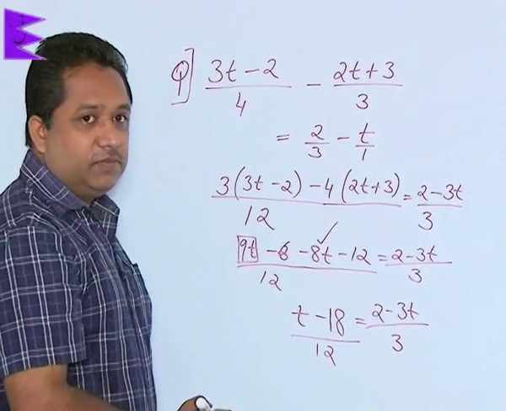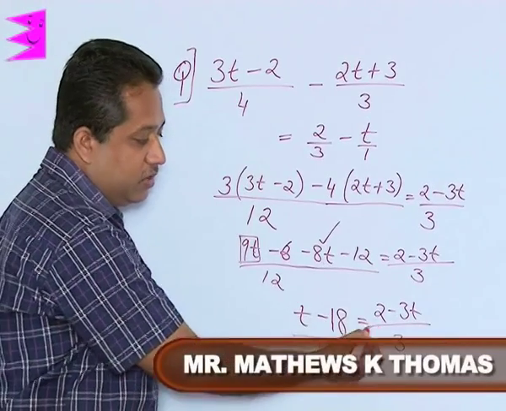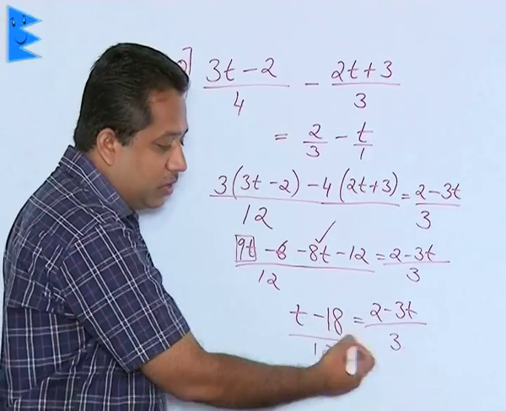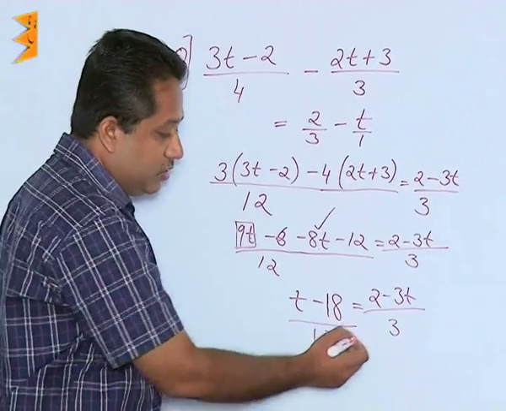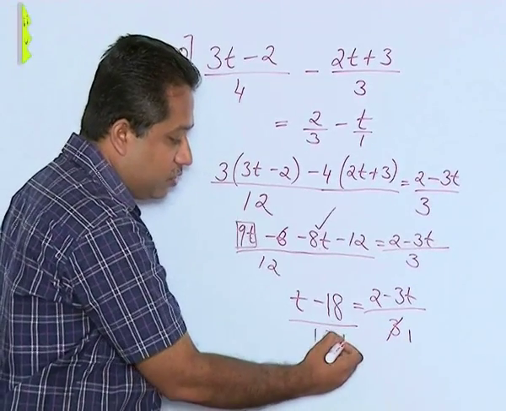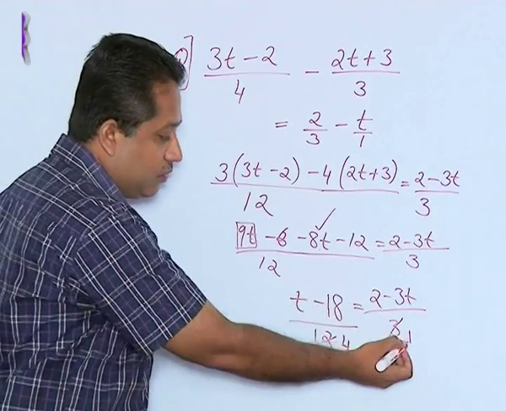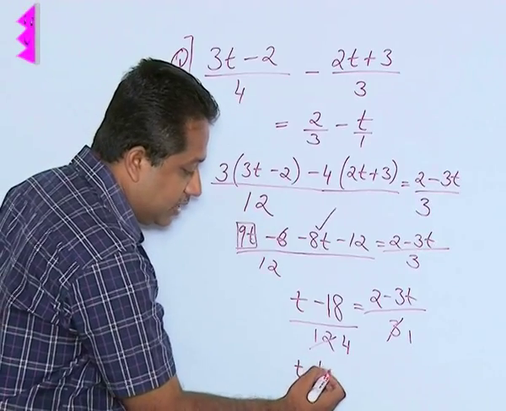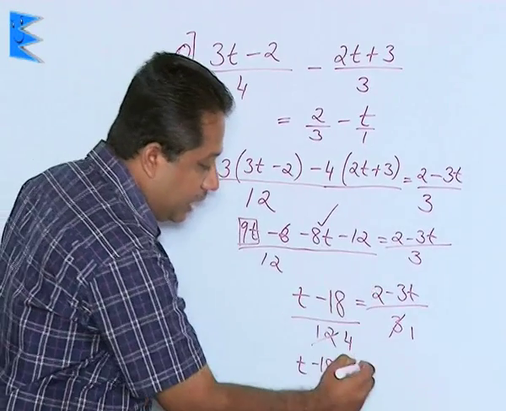Now, we have taken the LCM. Now, look at the denominators. The denominator of the LHS is 12, the denominator of the RHS is 3. So, whenever there are common factors, we can cancel them out to simplify the question. So, 3 can be cut here, 3 ones are 3 and 3 fours are 12. So, now we are going to cross multiply this. So, 1 into t minus 18, you are going to get t minus 18 is equal to 4 multiplied by